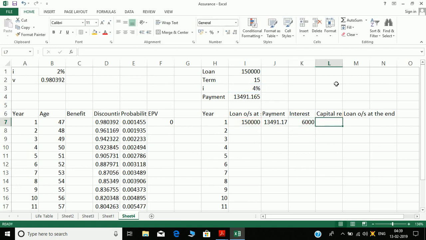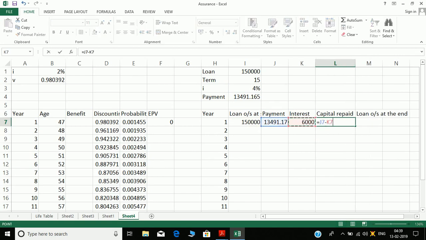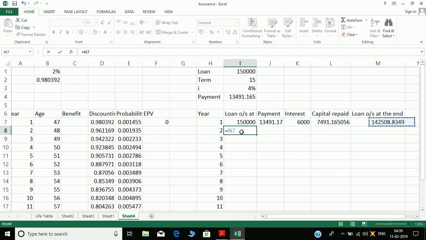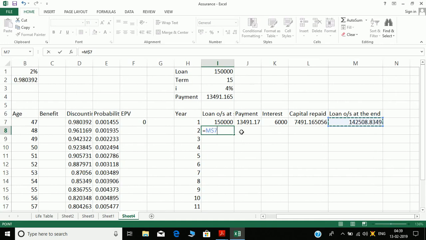What is the capital repaid? Capital repaid is equal to this payment minus the interest we have paid, which is the capital portion we have paid, and loan outstanding at the end of the year is the loan outstanding at the start of the year minus the capital repaid. And loan outstanding at the start of the second year is loan outstanding at the end of the first year, and then again we have the same payments.